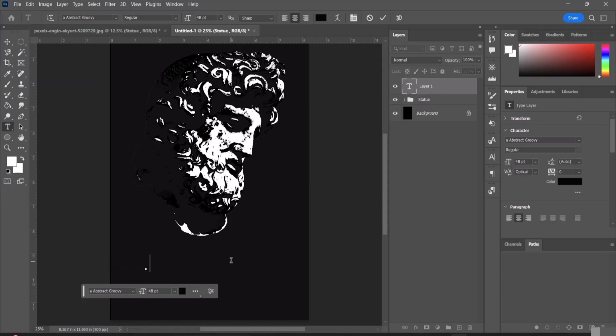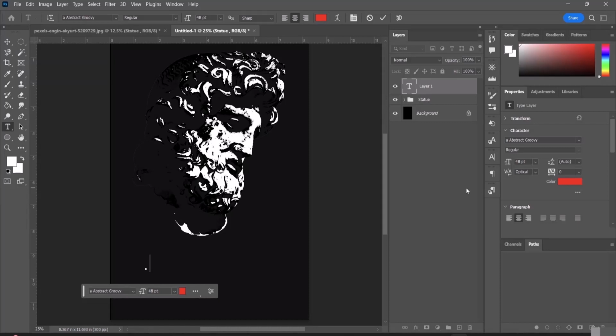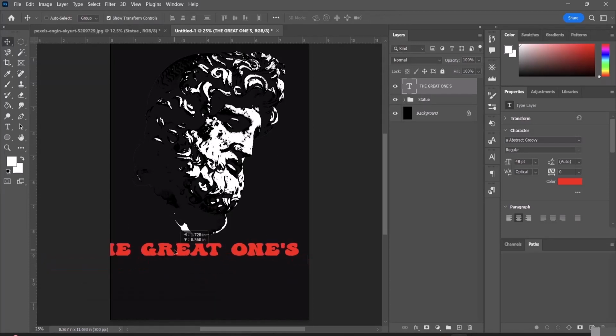What I can do is I'll backspace and choose a different color. Let me try to choose it from a color palette. Let me take a red color somewhere here. And what you can write is the great ones. So I'll just write the great ones over here. And now what I can do is I will select this one